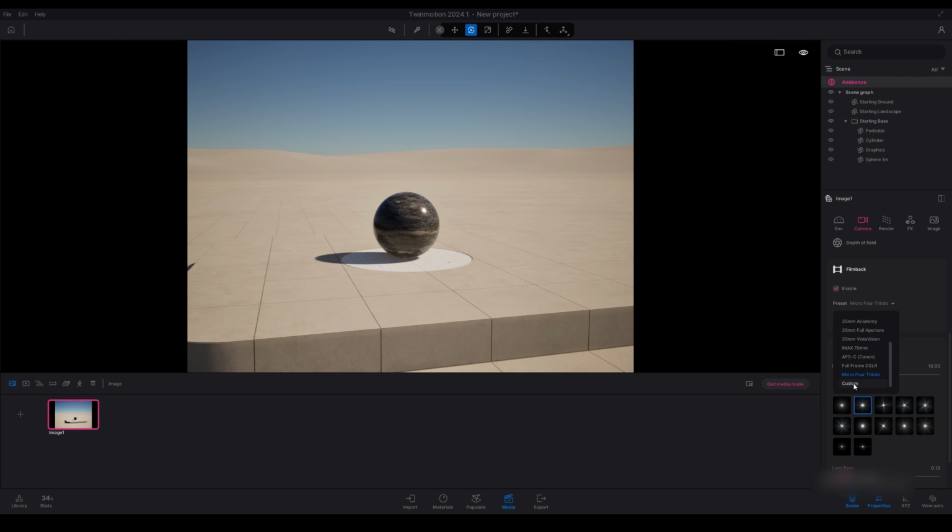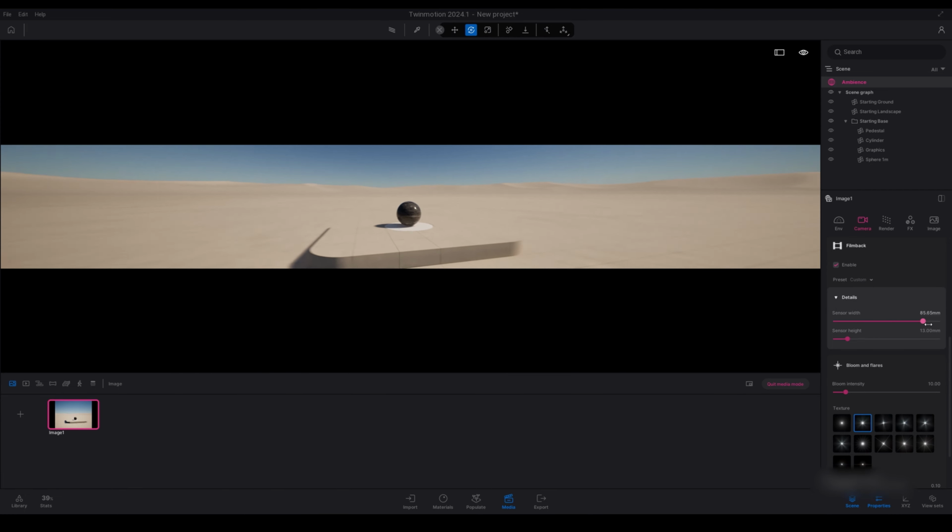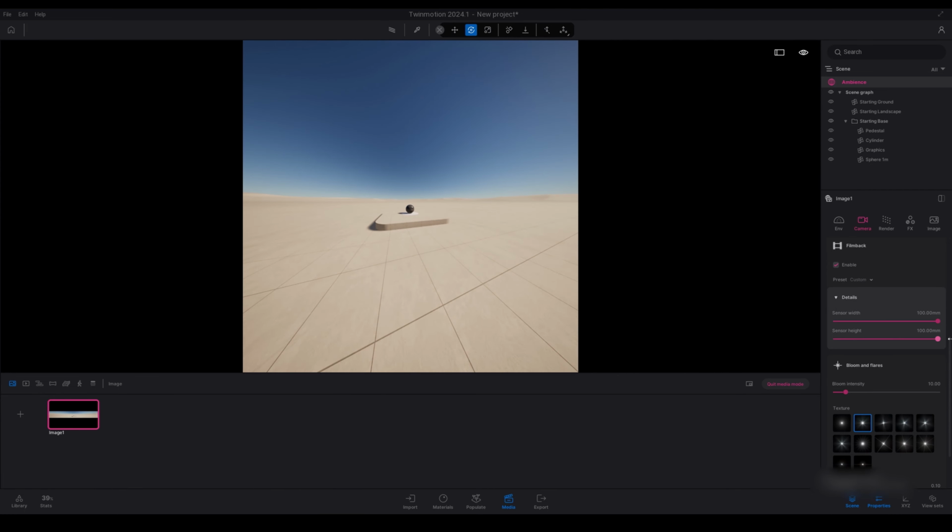The last option we have is custom. So you can go through here and adjust the stencil width and height. So that's it for the film back options.